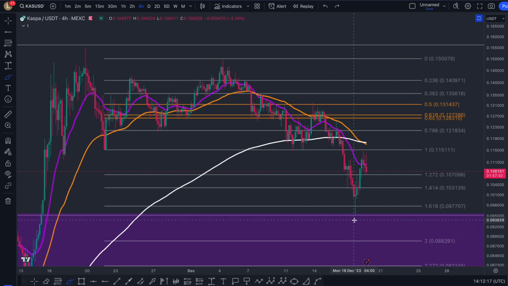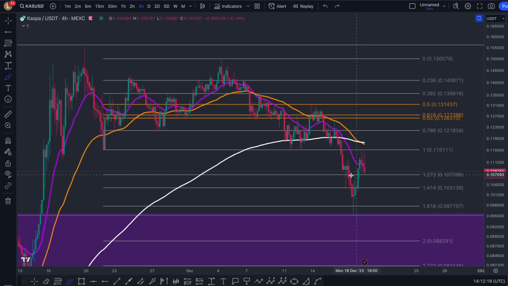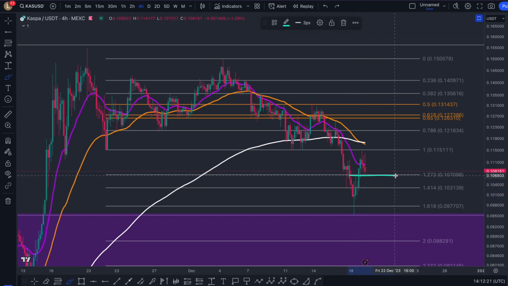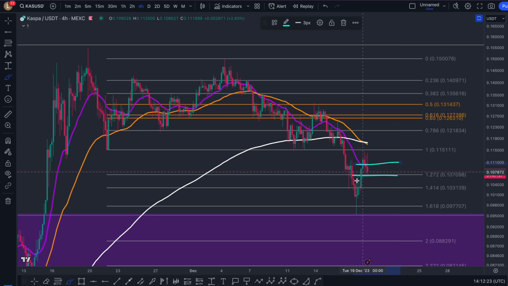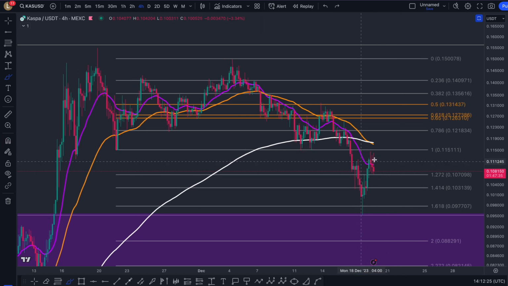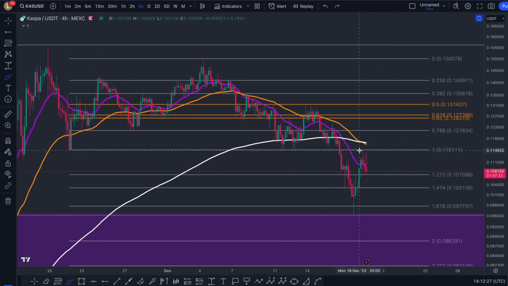So yesterday's update, we were calling for this pump, and I was suggesting that we need to reclaim the 1.272 and the 20 moving average to pump to the 1 fib level. We got up there, but we've of course got rejected and closed back underneath the 20 moving average. This itself, if we're just reliant on the EMAs, which we aren't, but just going off of the EMA rules,